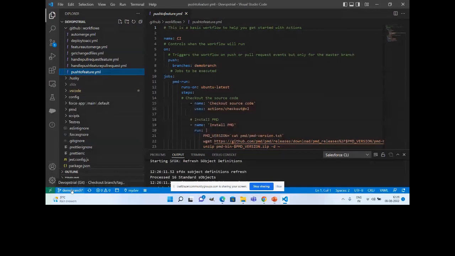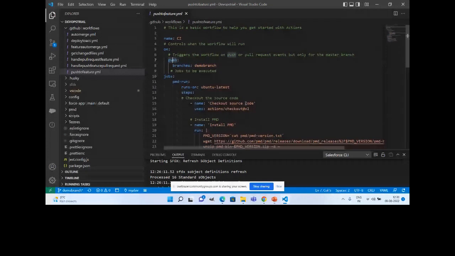For that, this is the file that I have created. At the top, this is the look and feel of a particular YAML file. You will have the name of the file mentioned here. And here, there's a command called on. In on, you mention on which events this particular file needs to get executed. So I am going to execute this particular YAML file only when I am doing a push operation. That is, whenever I am checking in something to this repository, I want to execute the remaining operations.